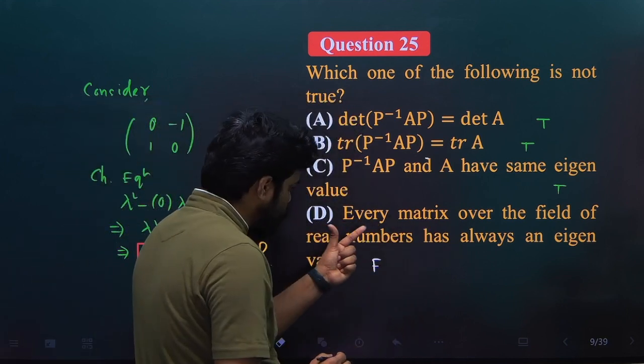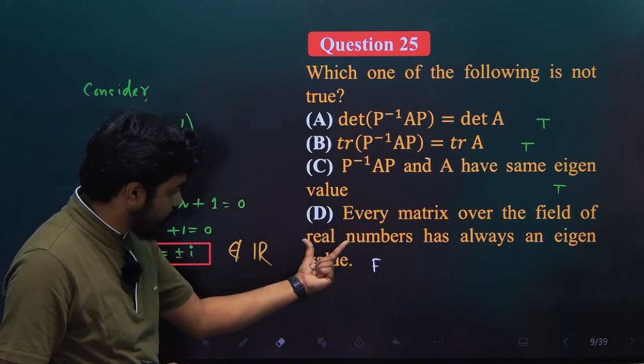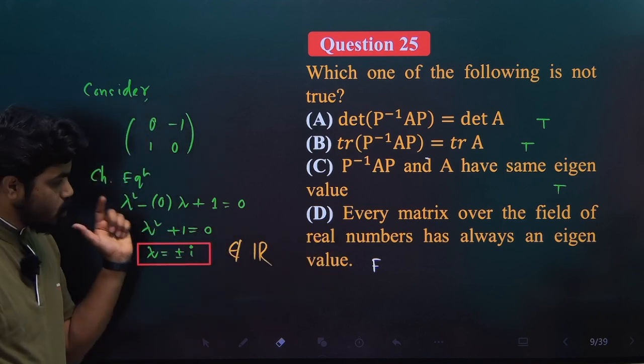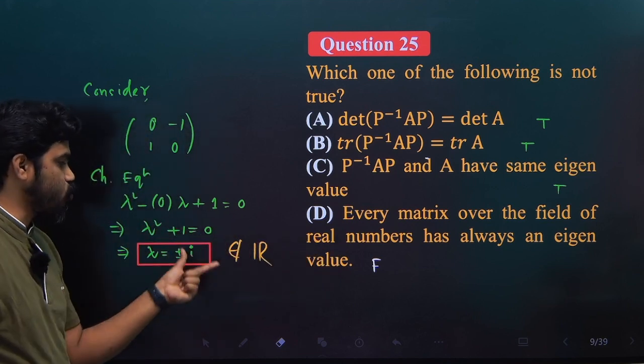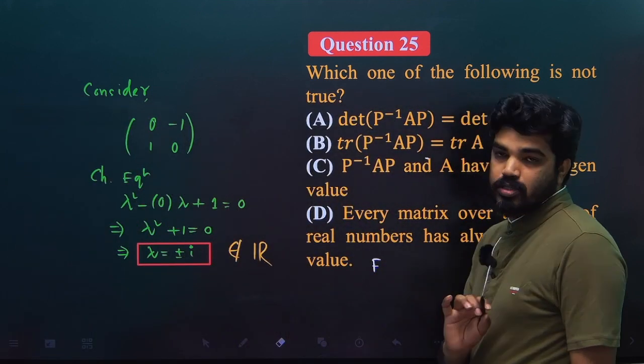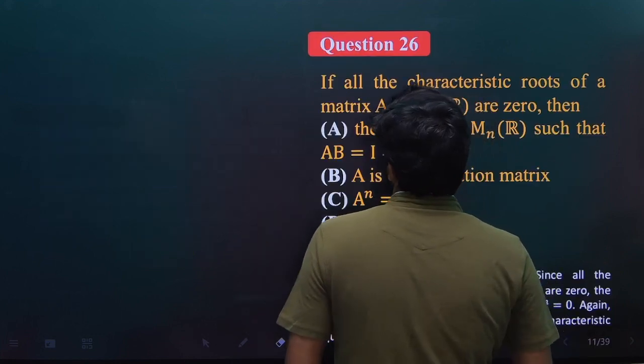If the field were complex, it would be true, but what field is stated here? Real, but we get imaginary values. So eigenvalues do not exist over the field of real numbers. So option D is false. Okay. So next,